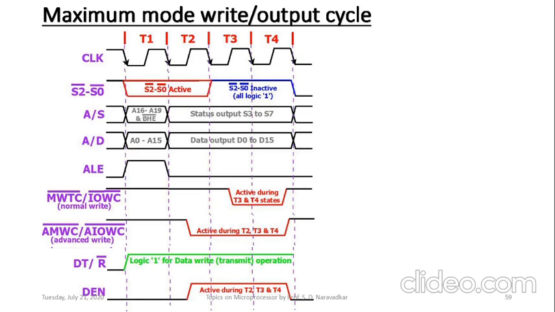Now the final comment. Why only advanced write signals? Why not advanced read? The answer is quite natural. Read operation by its nature is faster, but write operation is slower. Anywhere, technical or non-technical, this is applicable. That's why additional time is required for the write operation. For read operation, no additional time is required. So this is all about that timing cycles here.